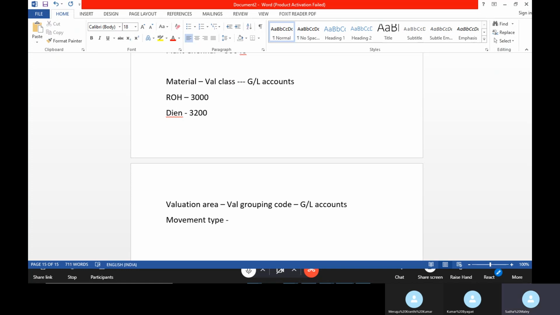For example, if your movement type is 101, a separate GL account will trigger. If your movement type is 201, a different GL account will trigger. The movement type has a link with your transaction event keys. Theoretically I'm explaining now; practically we'll see how the link works between your movement type and the account grouping code also.